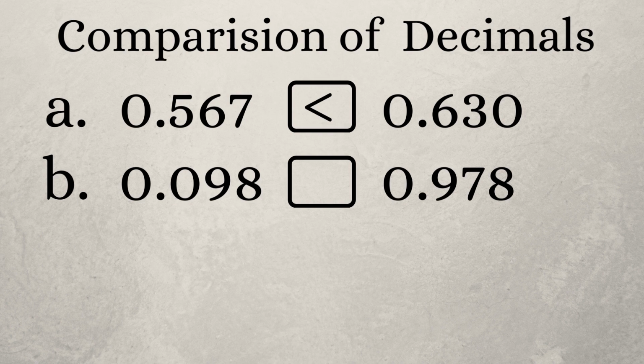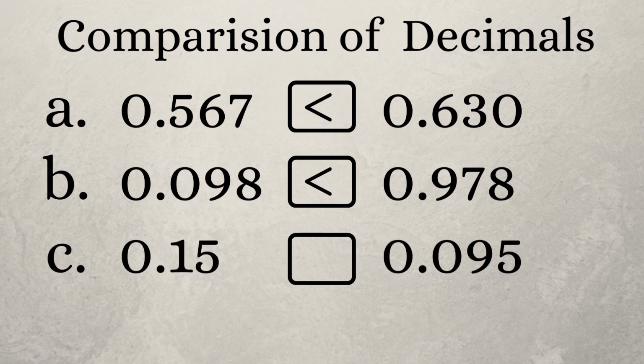Next, 0.098 and 0.978. Now consider all the 3 digits after the decimal point. So 0.098 is lesser than 0.978. Next we'll compare 0.15 and